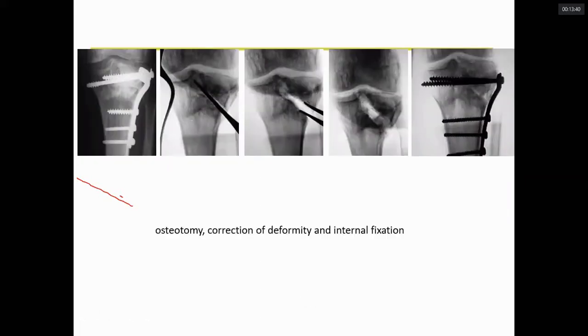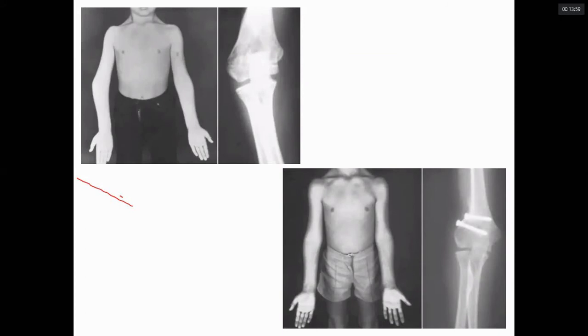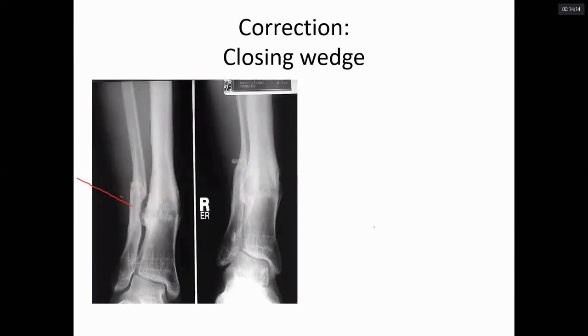Okay. So similarly, a fracture of the tibial plateau malunited. The depressed portion is lifted up, and this gap is filled by a bone graft, and then again fixed with the plate. Okay. Similarly, this was malunion being treated by screw, now plate and screw, and this is an example being treated by nail. So again, a malunited fracture realigned and fixed by a nail. So any form of treatment, either plate or screw or nail, whatsoever, can be used for fixation after the correction of the deformity. So closing wedge and opening wedge osteotomy.